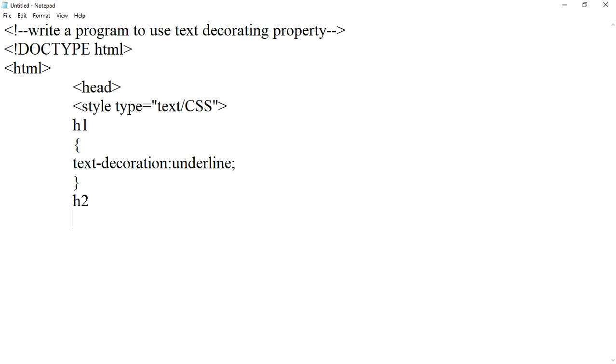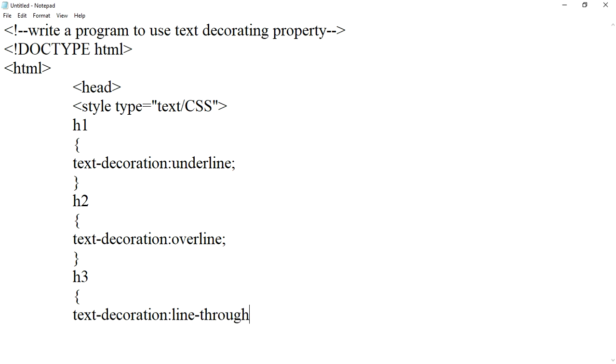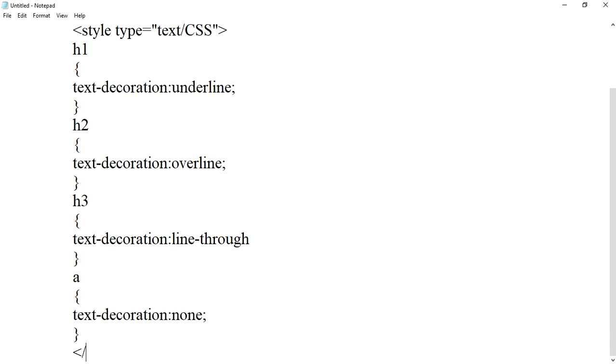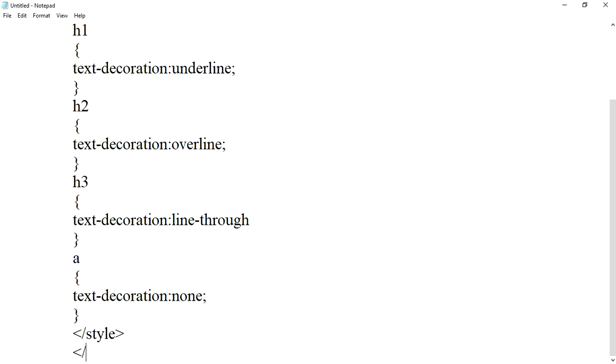now h2 tag, text decoration equals to overline, now h3 tag, now a tag, now we'll end style tag, head tag,